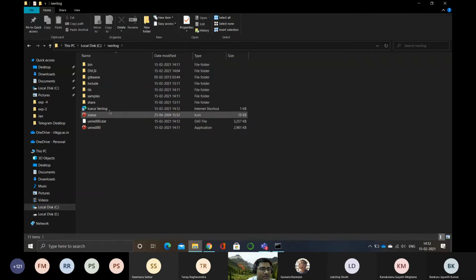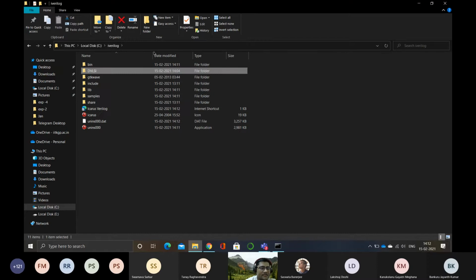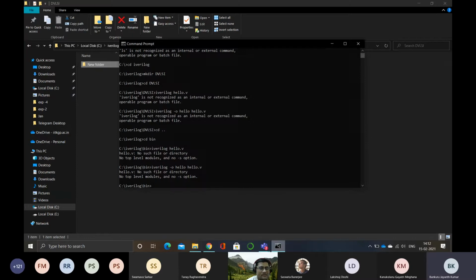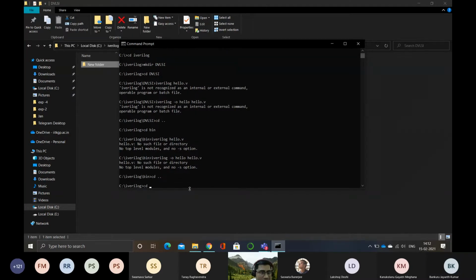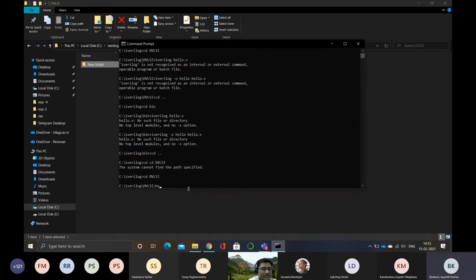Okay. Now you make a folder, DVLSI there. Already it's there. Okay, start there. Now inside you create one file, hello.v. Why do you have to make a folder? Okay, you write CMD there. Okay, go to DVLSI. You have basically written it twice. So now here, if you write iVerilog, but where is the program here?